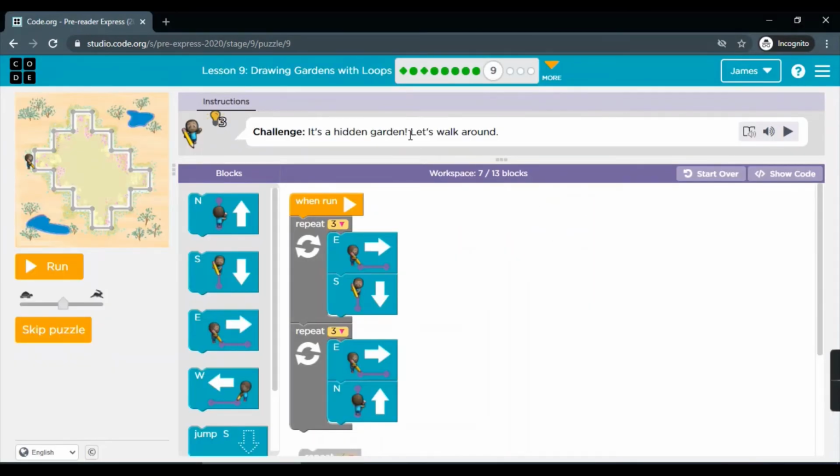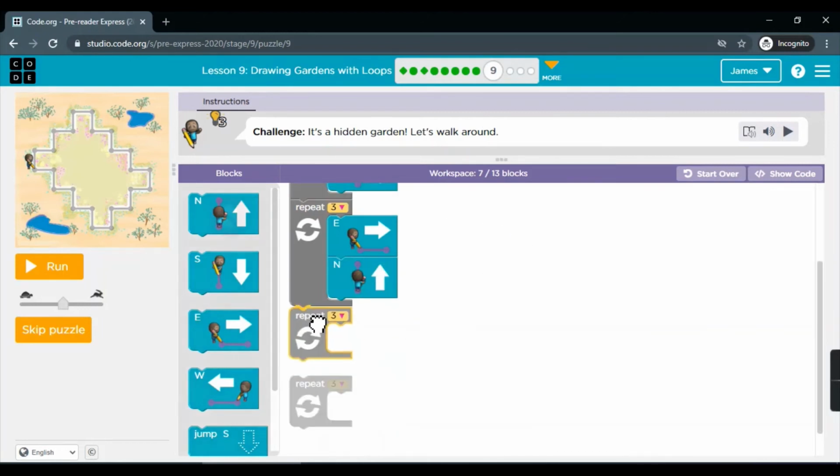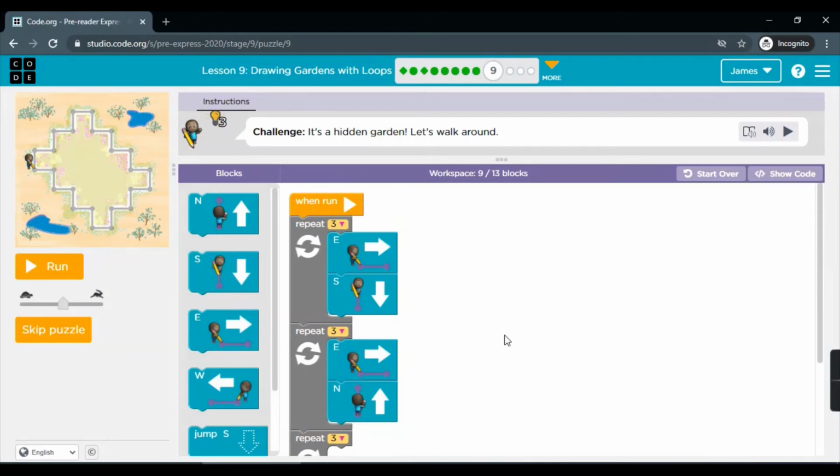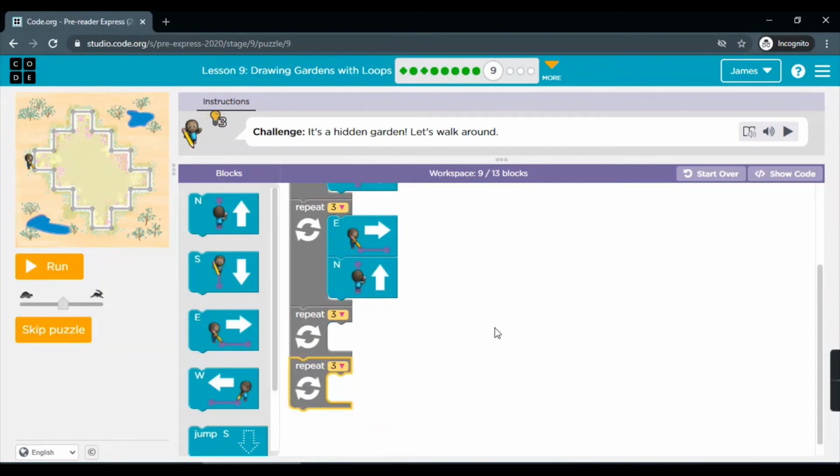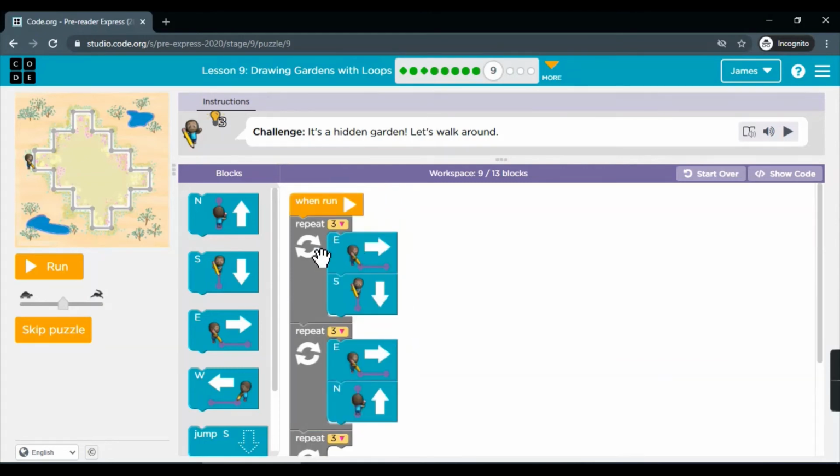It's a hidden garden. Let's walk around. So there are some blocks given which are grey in color, so we cannot delete them. We need to finish the rest of the blocks. Now let's see. First, the artist will go east, south, east, south.